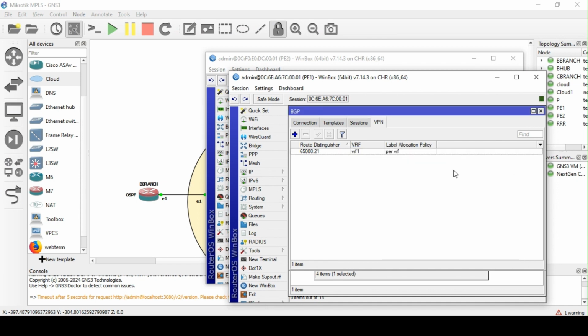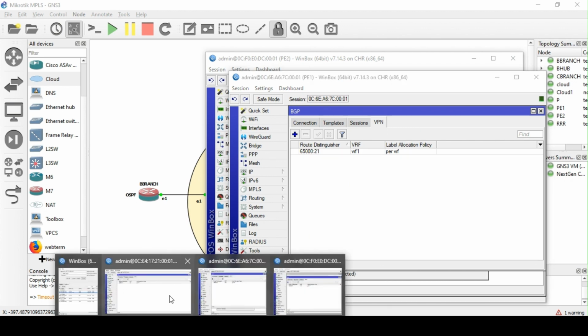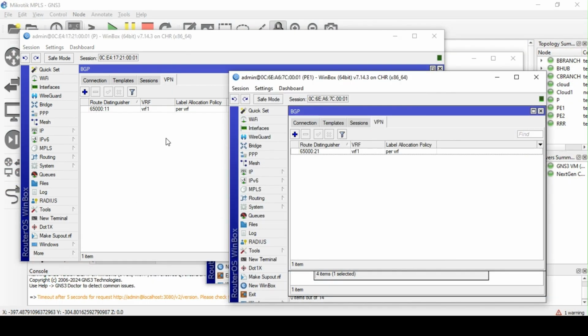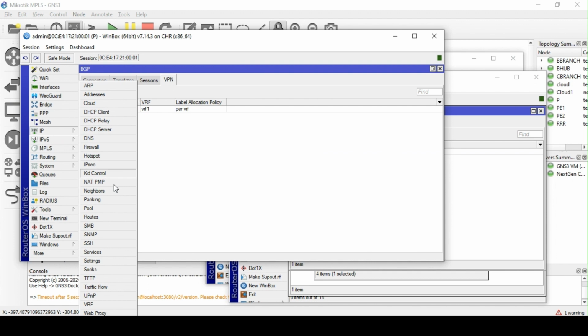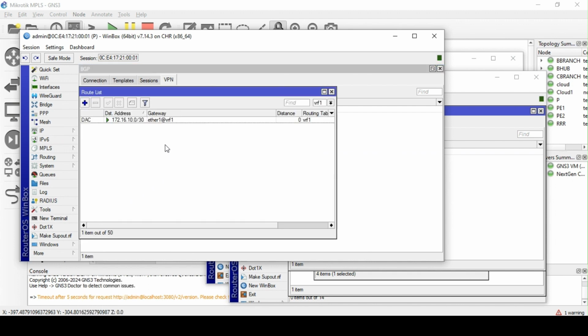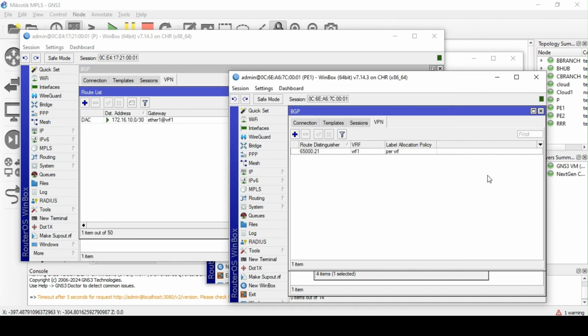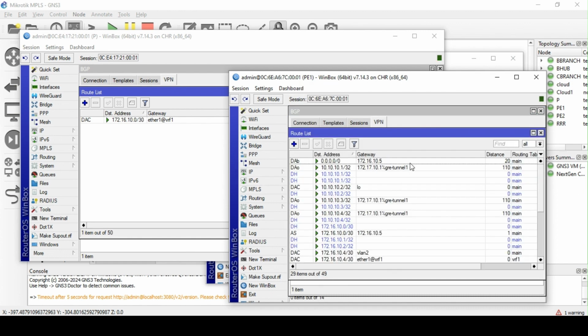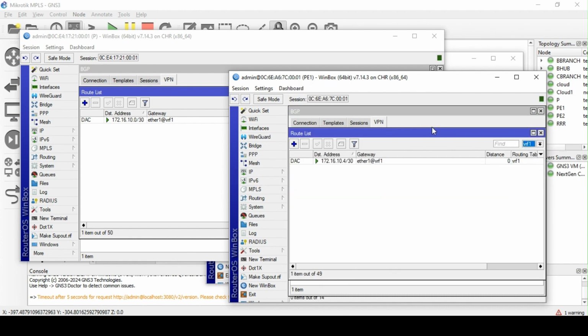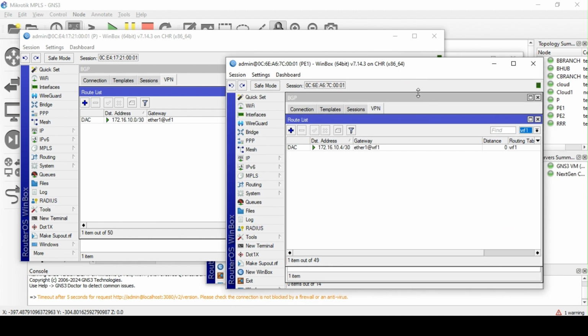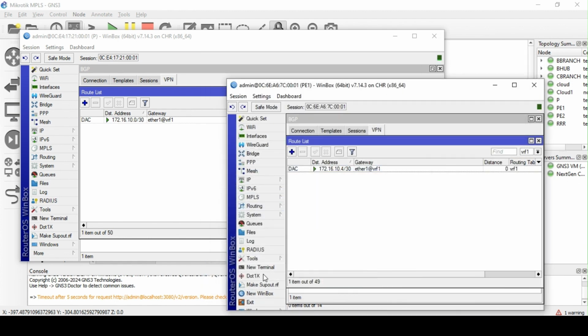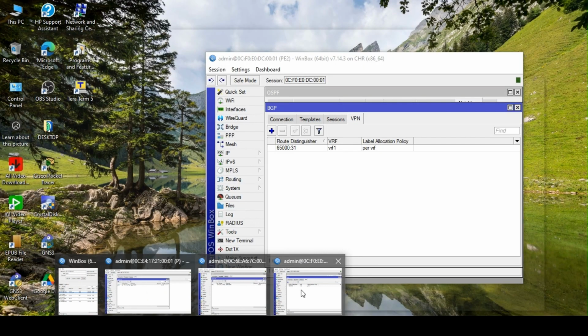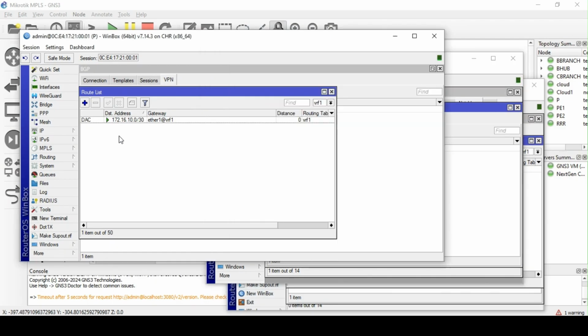So that just needs to be done. And now, if I go to IP routes, I should be having... okay, I've not gotten to that yet. Let me check. Not yet. So the next is for me to go to